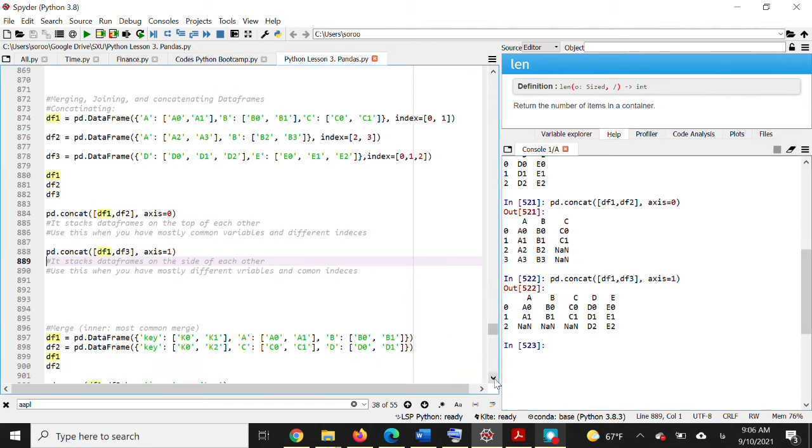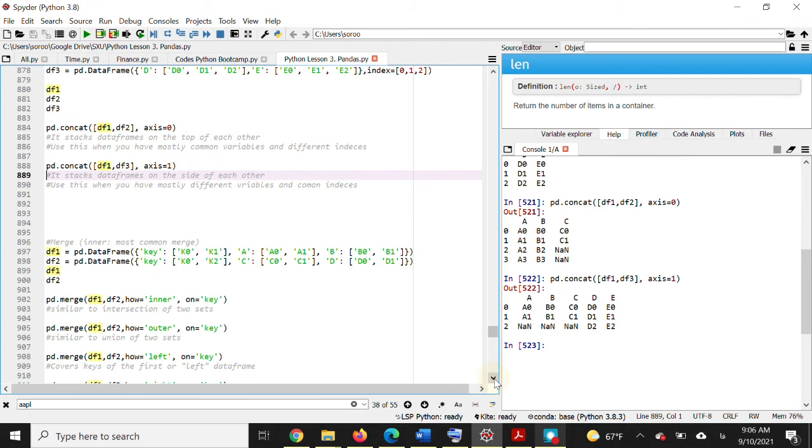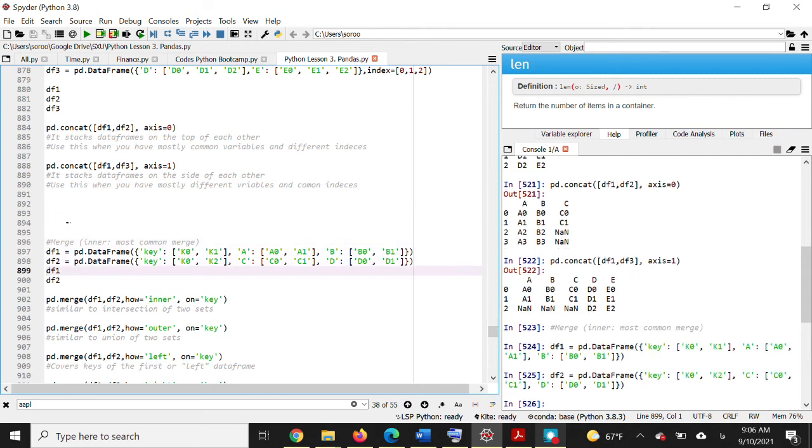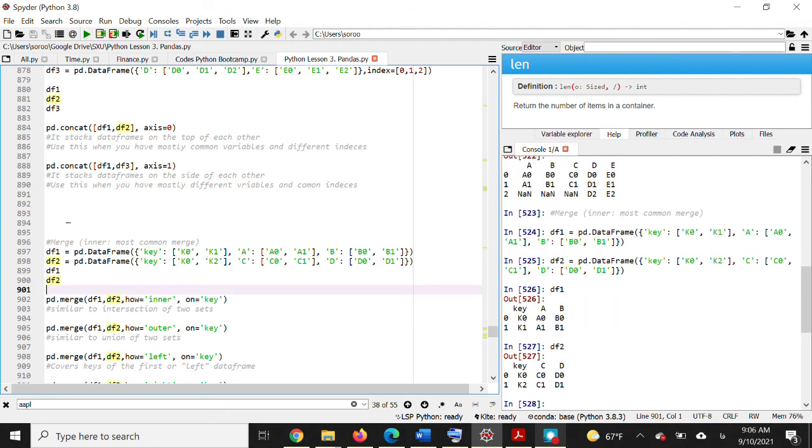Nice. That was about concatenation. The next topic I want to talk about is merge. For that, let's assume that we have two datasets, df1 and df2. Let's take a look at them. The indices are automatically generated, 0 and 1, but we have a column called key. So the key column has k0, k1 for dataset df1, and it has k0, k2 for dataset